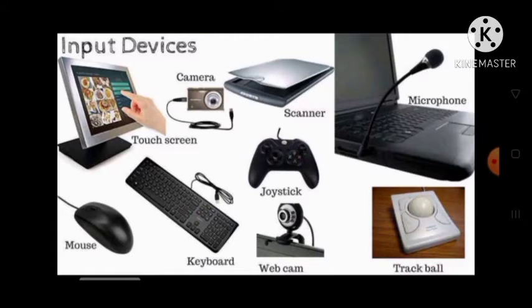Yes, they are keyboard, mouse, scanner, barcode reader, microphone, mic, web camera, light pen are some of the input devices. For what purpose we are using these input devices, children? They are used to enter data and instruction into the computer.